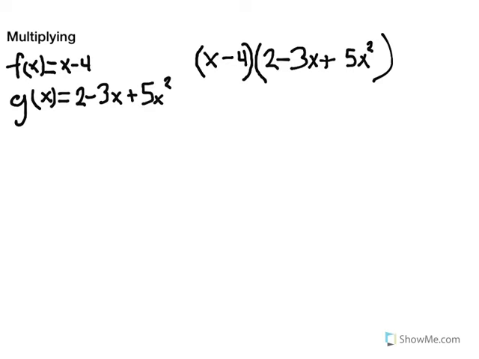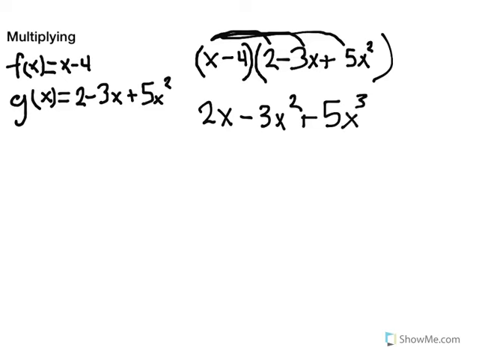Alright, for multiplying polynomials, you want to put both of the functions right next to each other in parentheses. So what you want to do first is multiply each part of each equation by the other part of the other equation. So first, we're going to multiply x by 2, so it'll be 2x. Then x multiplied by negative 3x, which is negative 3x squared. X multiplied by 5x squared, which is